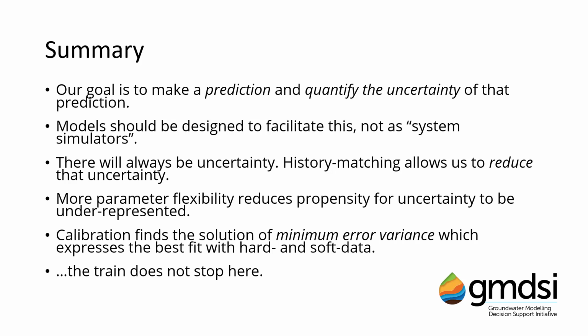However, it's important to remember that a calibrated model should never be an end goal. History matching is only a step along the way towards assessing a model's predictive uncertainty. The end goal of decision support modeling is actually to provide the confidence intervals around that prediction for which the model is being built. So always keep in mind that history matching and particularly calibration are only a step along the way. They are not the end goal.